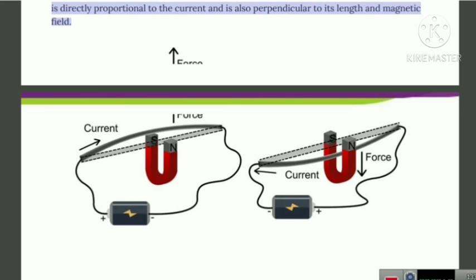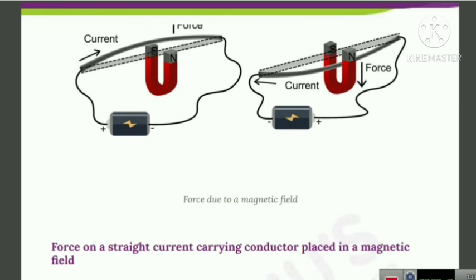Thus from this experiment we can say that the magnet must also exert an equal and opposite force on the current carrying conductor, and therefore the force due to magnetic field acting on a current carrying conductor can be demonstrated by this activity, and it is shown here. That is, when the direction of the electric current is changed, then the direction of the force also gets reversed.